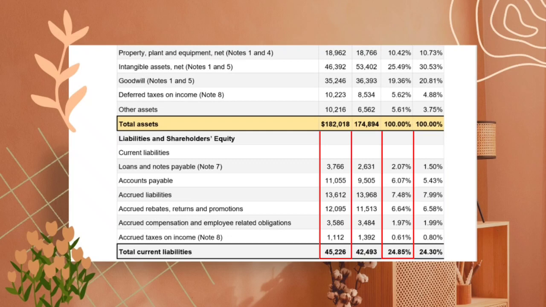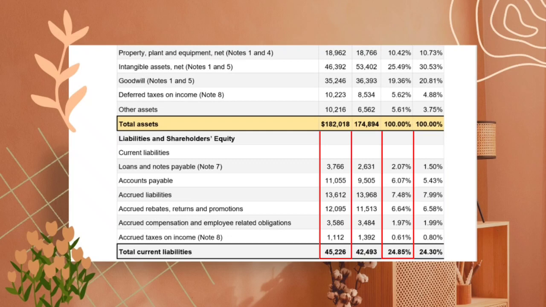For accrued rebates, returns, and promotion, we have here 12,095 divided by total asset of 182,018 multiplied by 100 is equals to